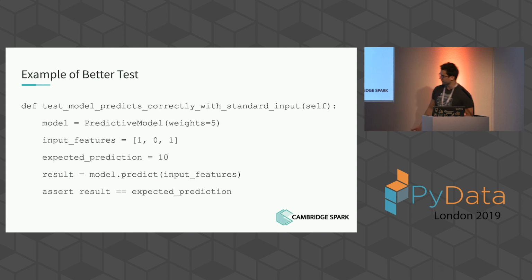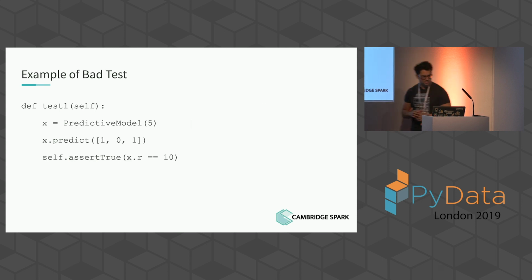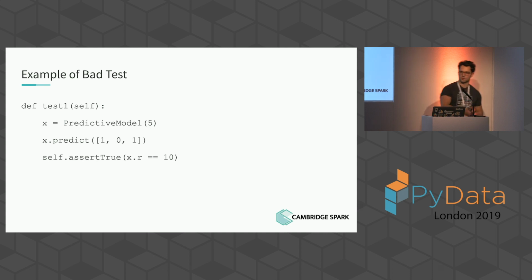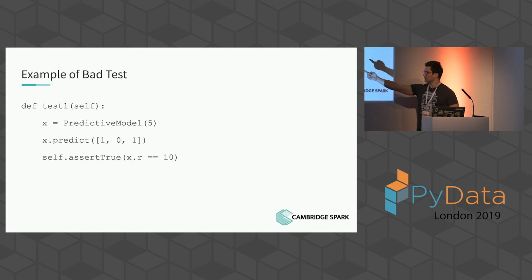And more subtly, this assertion, self.assertTrue, the only thing it's going to do is tell you that the Boolean expression given as an argument is true or false. But I want to know what's going on, what number did we get, how does it compare against the output, right? So this diagnostic is going to be meaningless. It's just going to be true or false. What we want is, well, you wanted 10, but you got 12, or you got 11. So there's an off by 1 error somewhere,